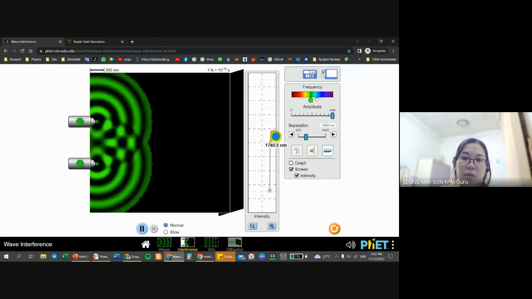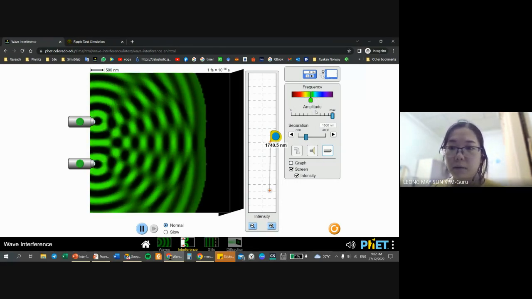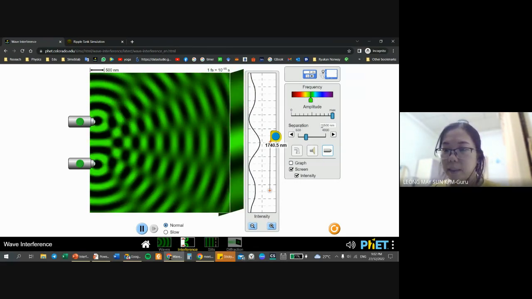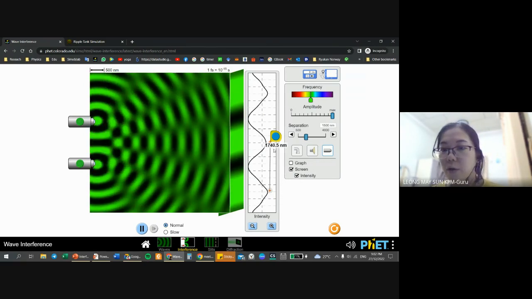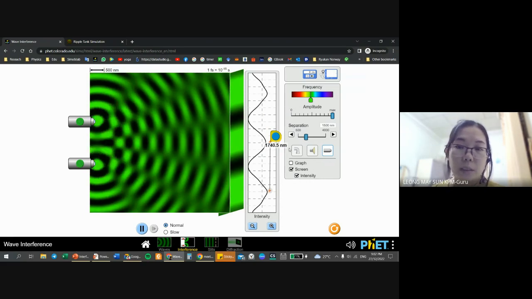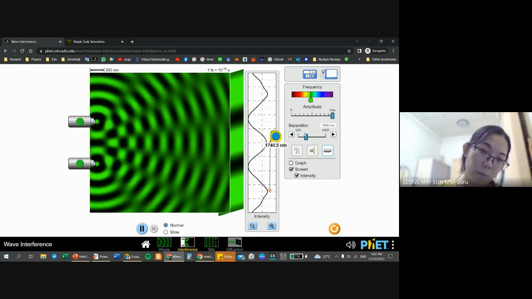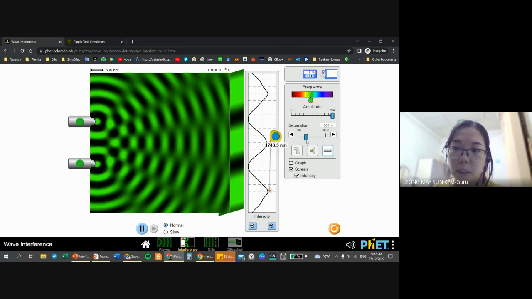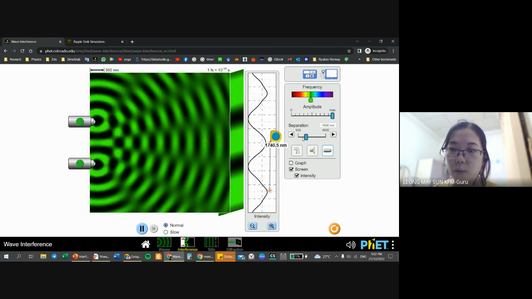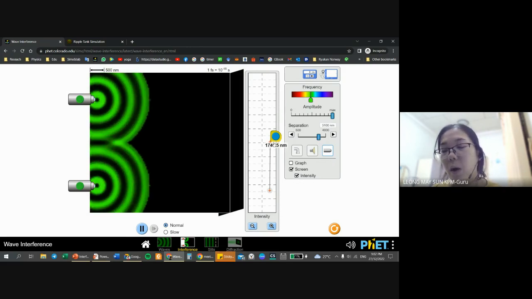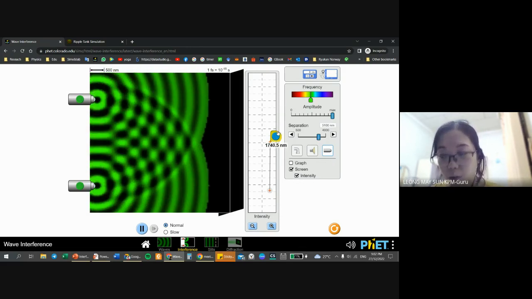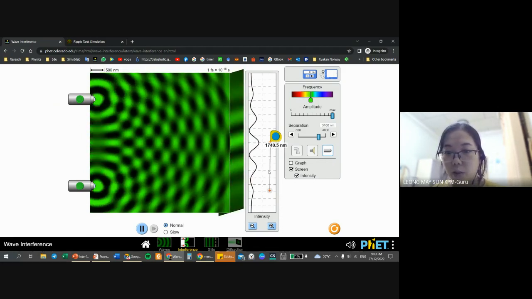Right now, this is my a. My separation between source 1 and source 2 is 1500 nanometers. My separation between the two crests is 1740.5 nanometers. Just now we were saying to increase a, so I'm going to increase the distance between the two sources. I'm going to bring them further away from each other and see the interference pattern. Our hypothesis is that x will decrease, which means this pattern should reduce.